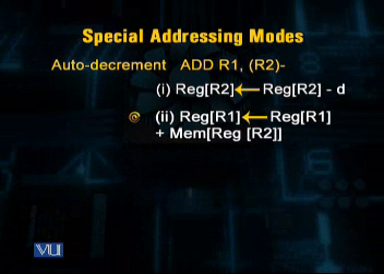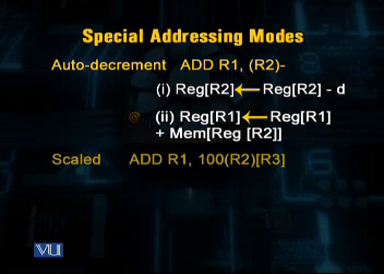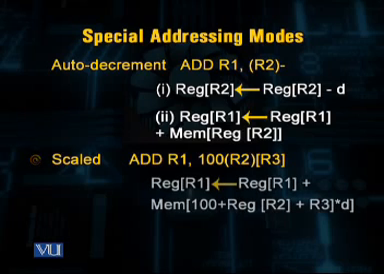The third type of special addressing mode is known as the scaled mode. The scaled mode is one where the operation performed is just like indirect memory addressing. There is first the memory contents, as you can see now from the slide. Register R1 will obtain the data by adding to the contents of register R1 the contents of the memory location,